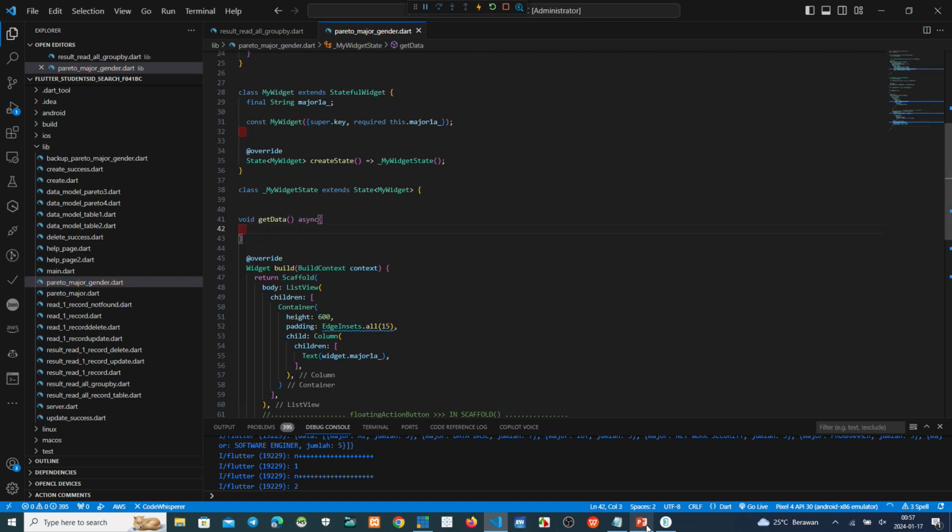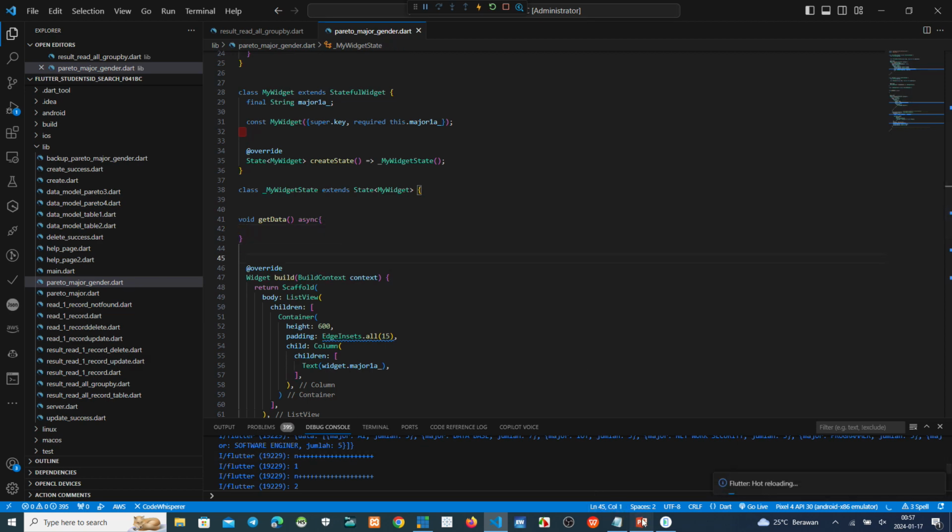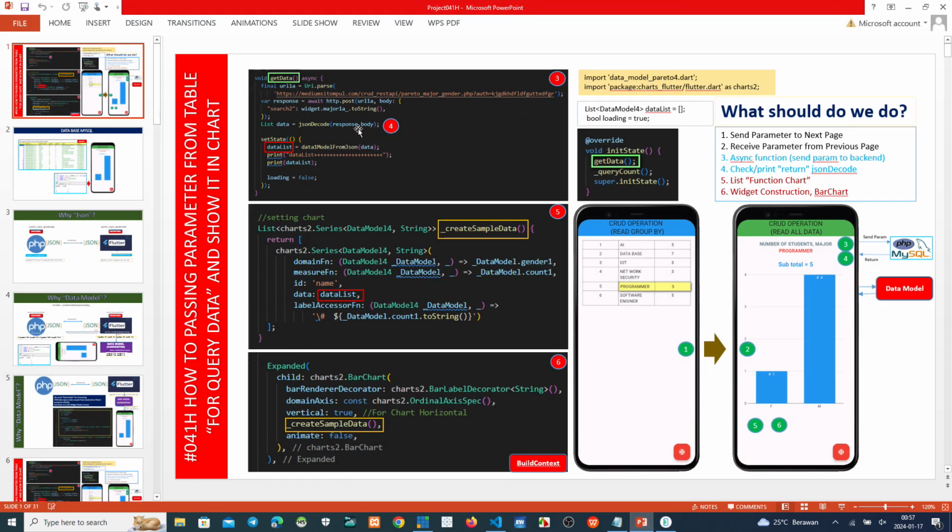Okay. This is a script, get data asynchronous function. We send this flagging to the backend. We define the name of script.